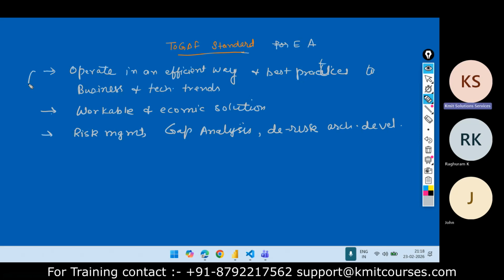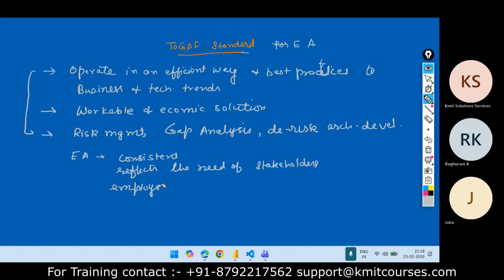Now, when we have all these things in our enterprise architecture, it gives you an enterprise architecture that is consistent and also reflects the needs of stakeholders, and it employs the best practice.